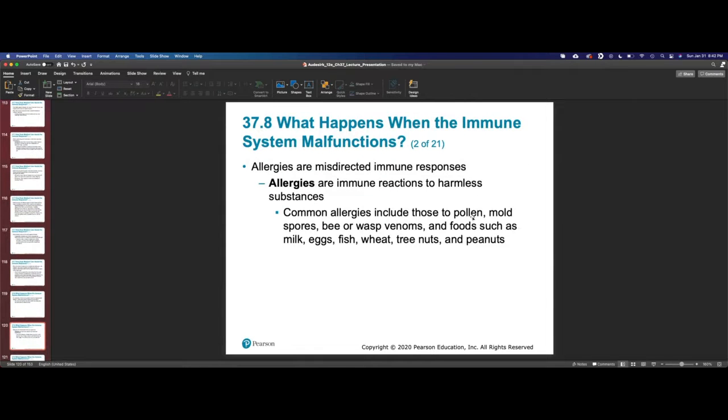And again, we talked about vaccines, allergies. They can be anything from food, mold, wasps, bee venom, milk, eggs, fish. They're all mediated by that immunoglobulin E. There is an interesting theory on that. It's part of the hygiene hypothesis. And so it's that if you're not exposed to enough microbes when you are young, like you're a child and you're developing your immune response, that IgE, that immunoglobulin E, is not going to be stimulated enough.